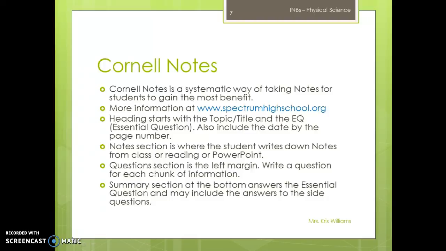But with our INBs, we can just write the date by the page number. Next, the notes section is where the student writes down all the notes from class or the reading or the PowerPoint. And then the section to the left is the question section, and that's where they write a question for each chunk of information. And then at the bottom of that page is a summary section, and that's where they